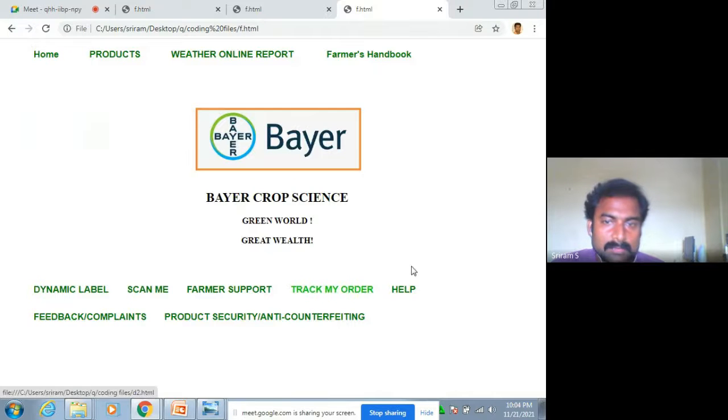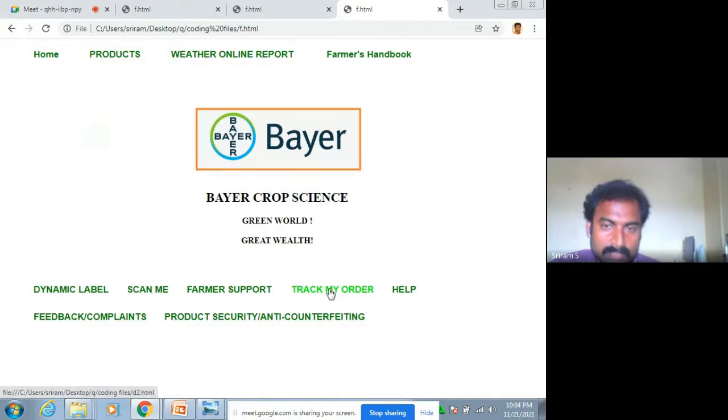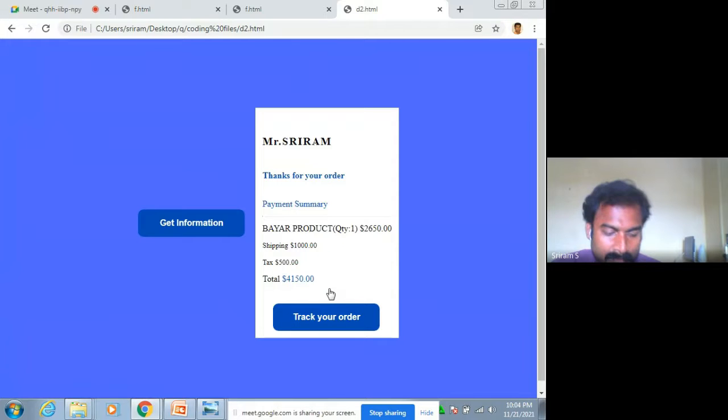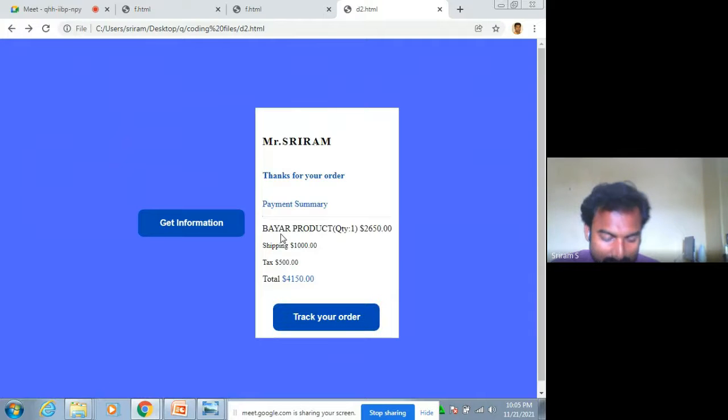Then going to the home page, we have given a track my order option. While clicking this track my order, it displays the product details. So get information, while clicking get information, it displays the product details, and the entire details it will give, and a track your order button is there.